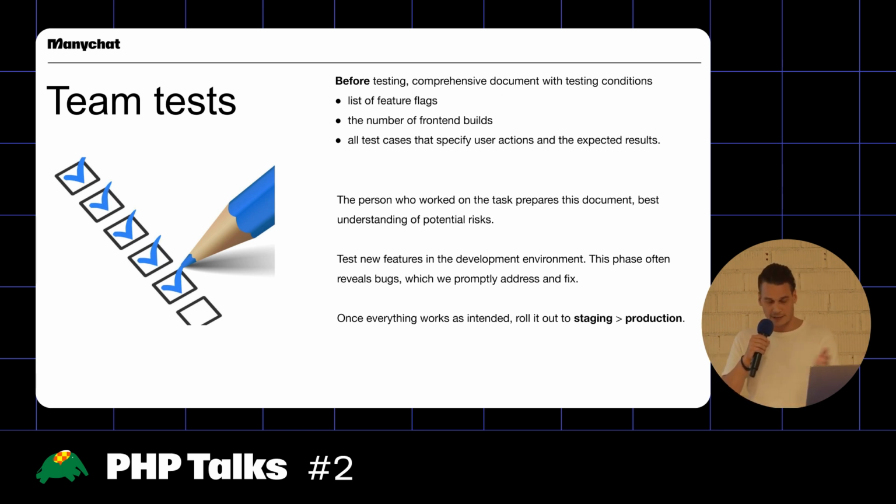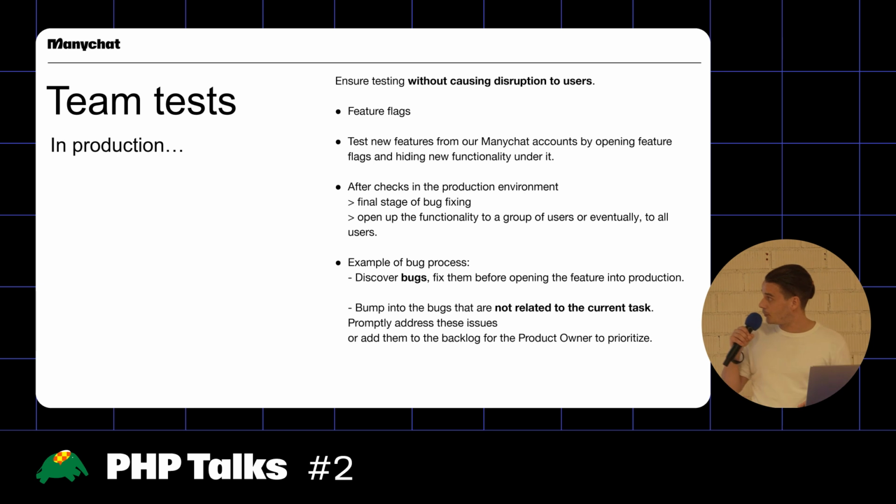And we do the classic approach where we first test in dev, we go to staging, and finally to production. So team tests in production, how do we do that? We cannot just roll out. We might disrupt our users if we just release untested features. So we release them under feature flags, and we actually test the features only with our internal accounts. So this code path, for most of our users, will not be activated. So if there are still bugs present, it will not be affecting